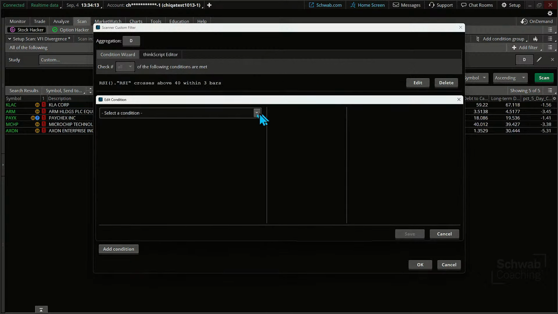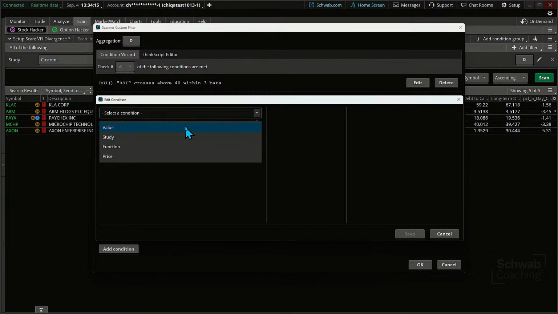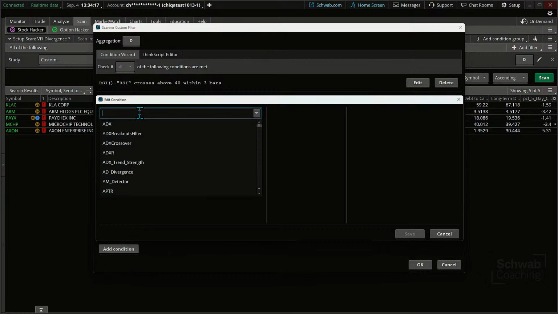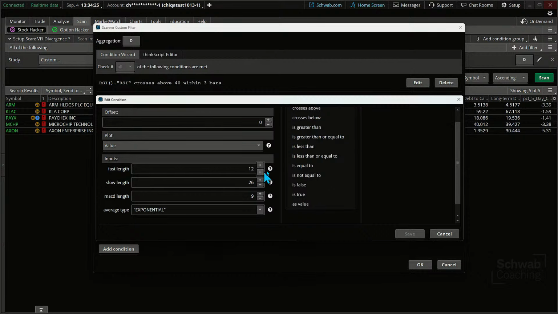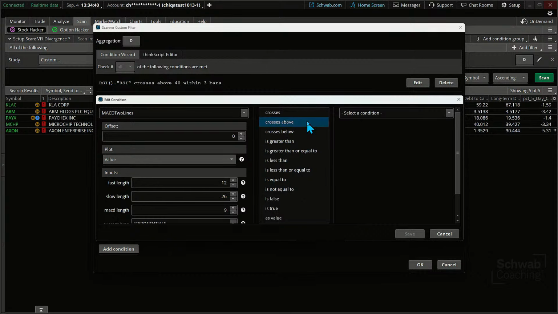So straightforward and easy to do too. I don't know if you guys knew this, the signal line is in here on the MACD. It's the MACD 2 line that you want to use. Not the histogram, it's the 2 line, okay? And what we're looking for here is that this is our standard MACD, and this MACD 2 line, in other words, the 12 is exceeding the 26, crosses above. Let's click on that again. There we go. We're going to do this again.